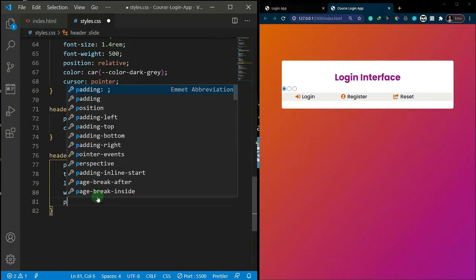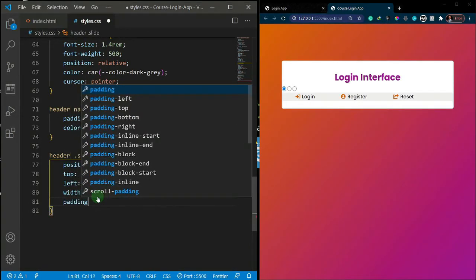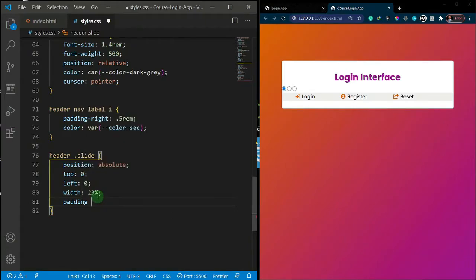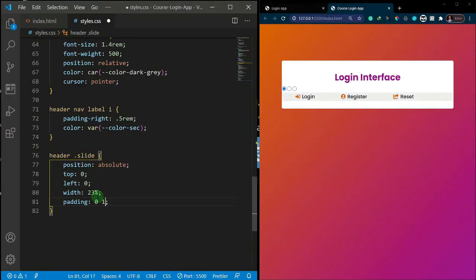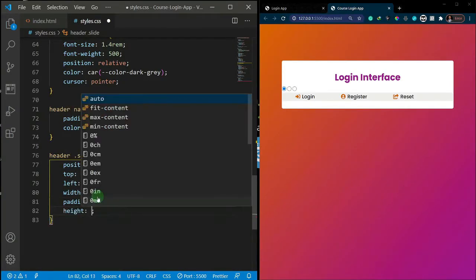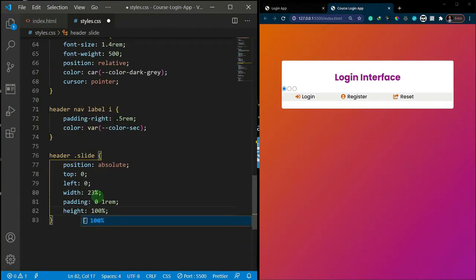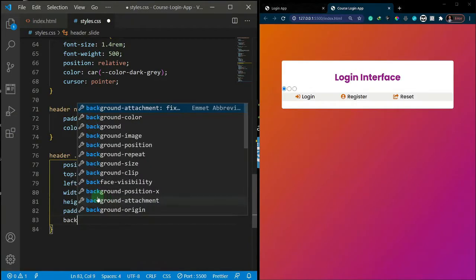and I'll set some padding. So for the padding I'll say 0 on the top and bottom and 1 rem on the left and right. Let's give it a height of 100%. If we're going to be orderly in our CSS, then the height should actually come immediately after the width. I'll come here and paste in the padding, and then let's set some background color,